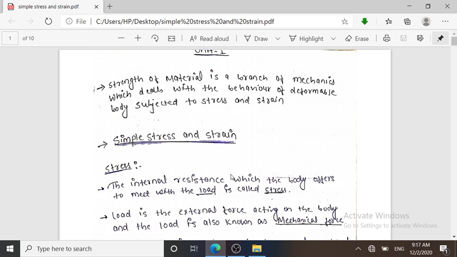So चलिए शुरू करते हैं हम लोग. आज पहला टॉपिक है सिंपल स्ट्रेस एंड स्ट्रेन. Most of the students have doubt on the stress. They may be thinking that the stress is an external force or load. No, my dear friends, it's not like that. So stress is nothing but the internal resisting force per unit area.